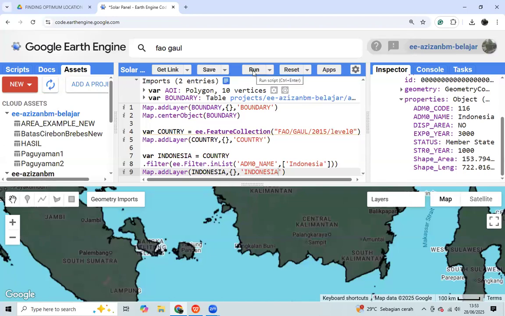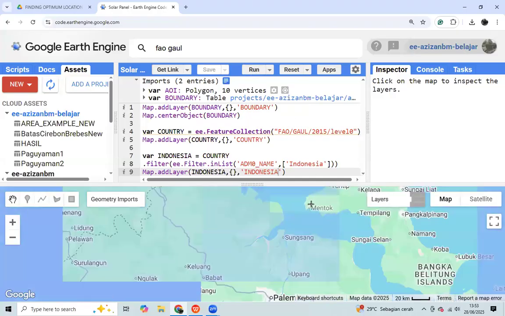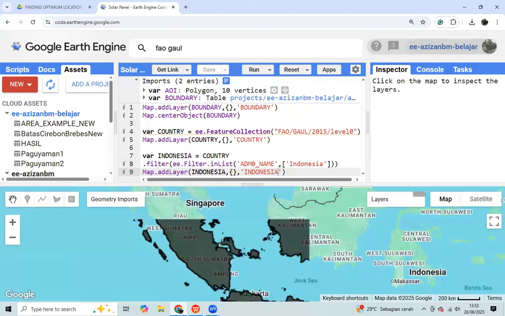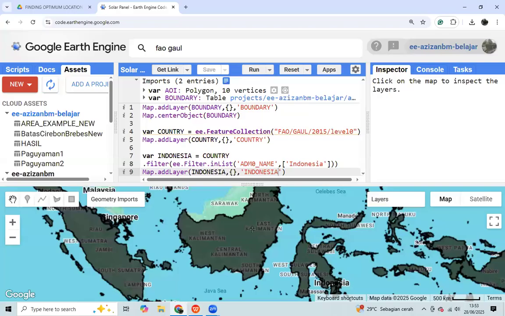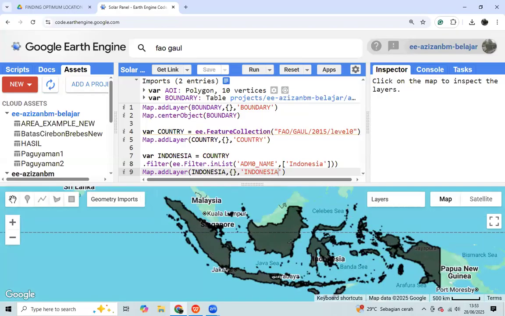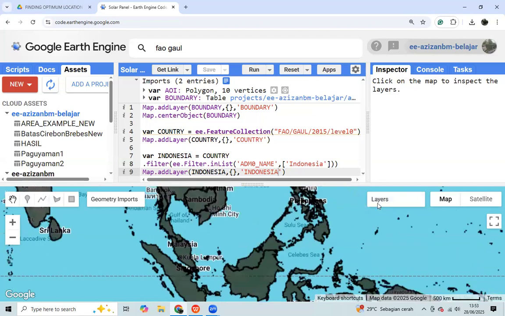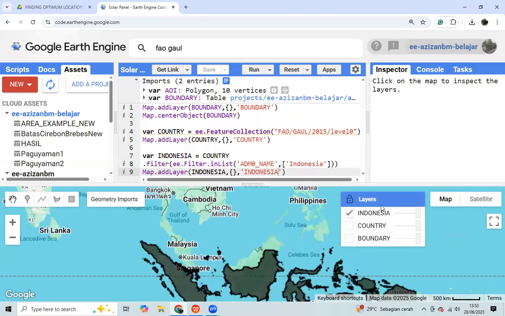We save and click run. If we use only the Indonesia layer, it's only Indonesia that is visualized. Or if we use country, it's all country all over the world. If we choose Indonesia, then only Indonesia.